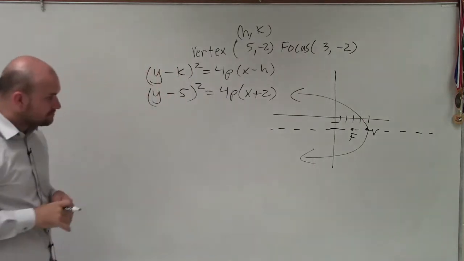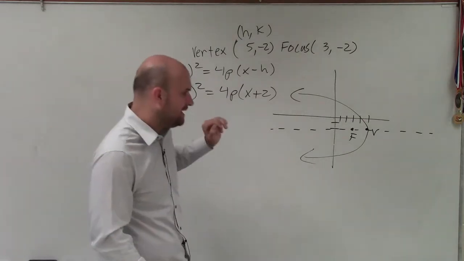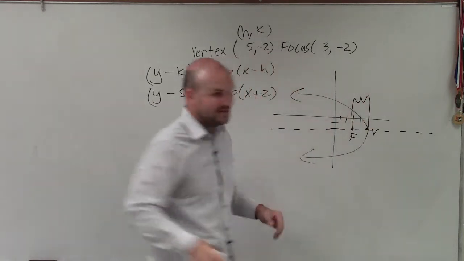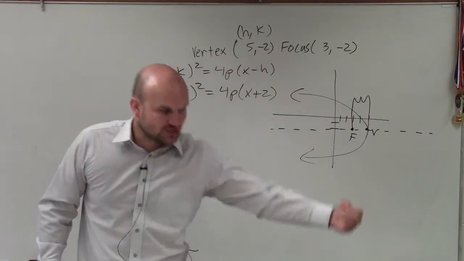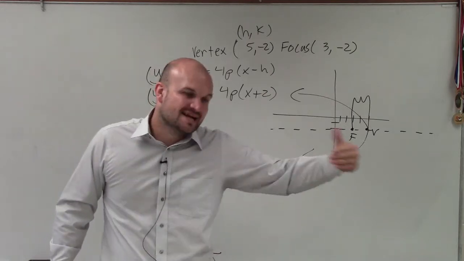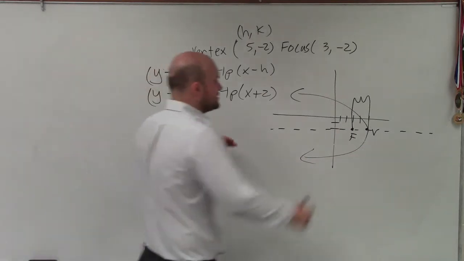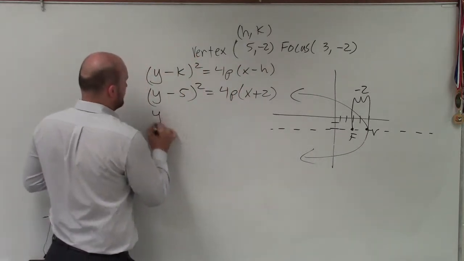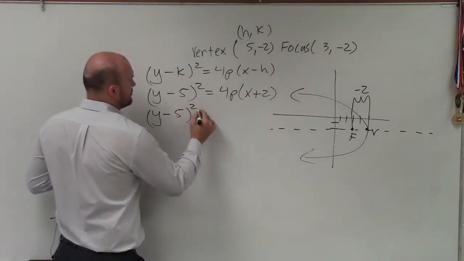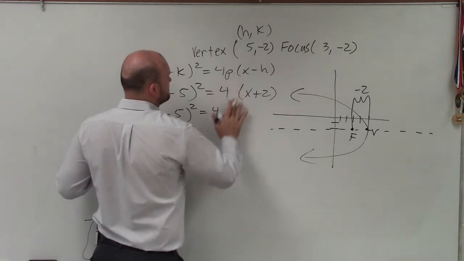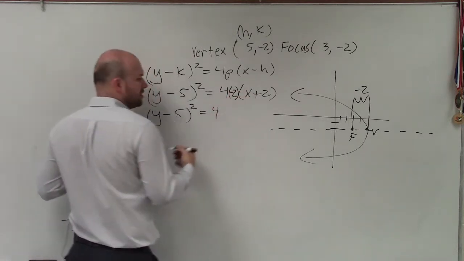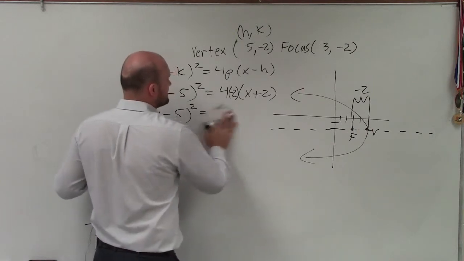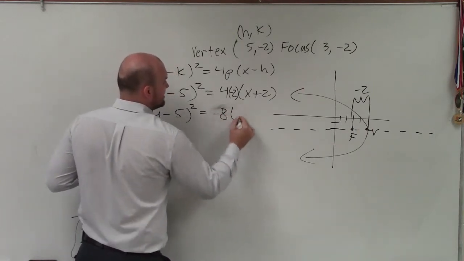Now, the difficult thing is we need to figure out p. Well, remember, p is the distance from my vertex to my focus. And since I'm going from vertex to focus in the negative direction, it's going to be a -2. So therefore, I have y minus 5 squared equals 4, and let's plug in a -2 there. So 4 times -2, which is -8, times x